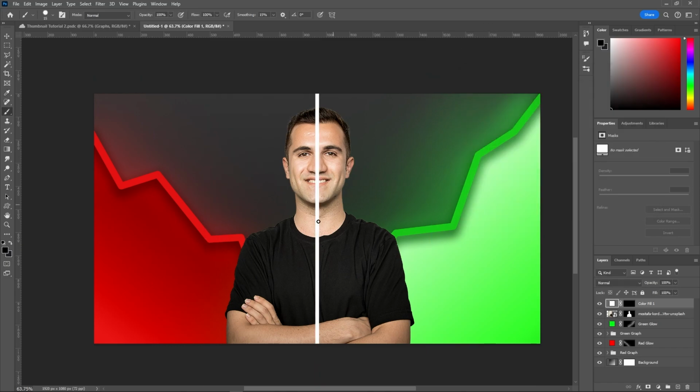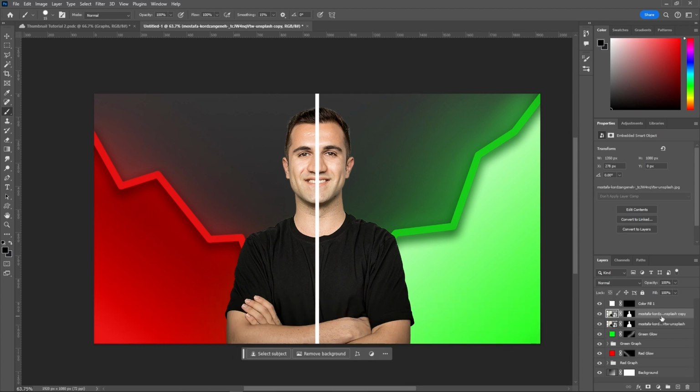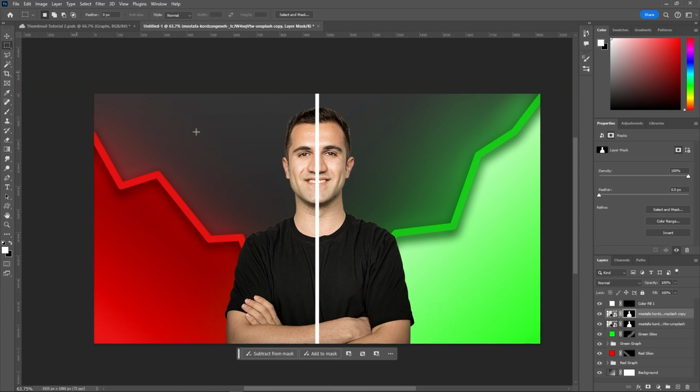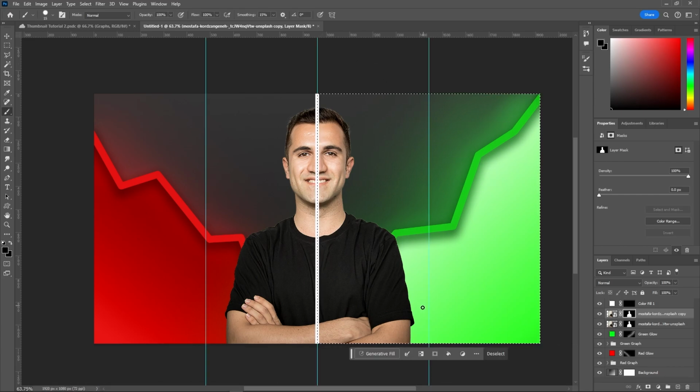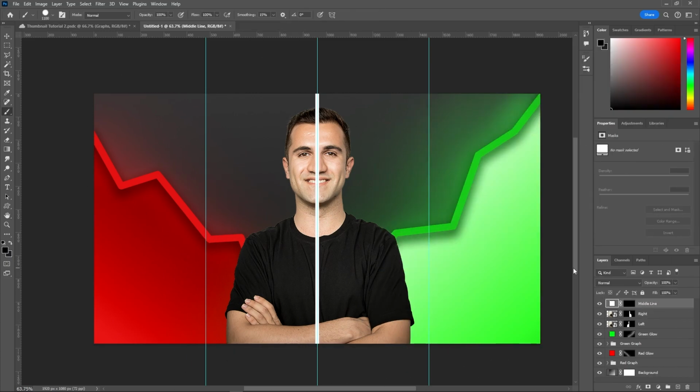If you have 2 separate images, one with someone frowning and the other one with the same person smiling, that would be best, but because I don't, I'm just going to have to duplicate the layer, and then with the rectangular marquee tool, select one half of it, and then just draw with black on the mask. Once I've done that, I'm going to press Ctrl or Command H to remove the guides for now, because we